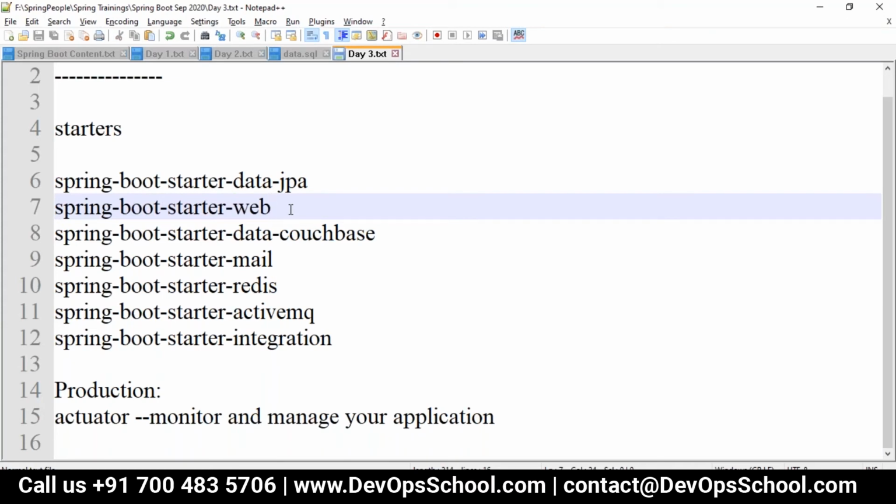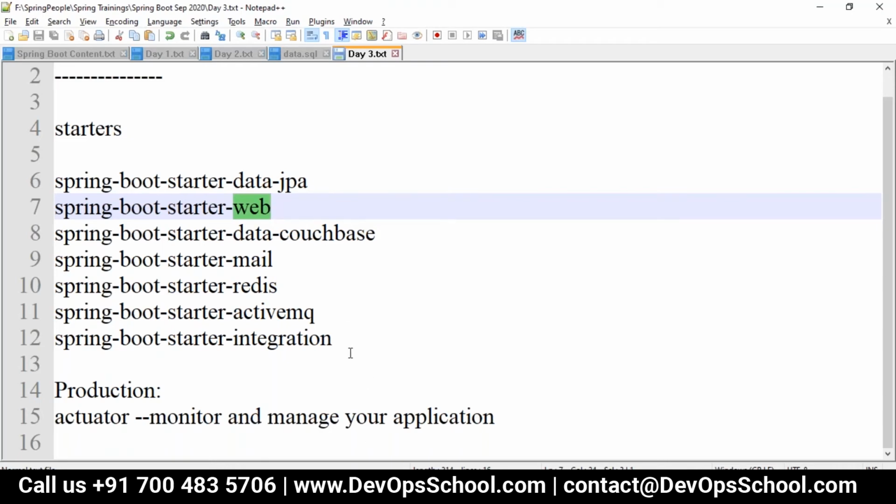You can use Jetty as the embedded servlet container as an alternative to Spring Boot Starter Tomcat. By default, the Tomcat starter will be there, but if you want, you can add Jetty also. And if you want to work with Log4j, you have a Spring Boot Starter Log4j too.